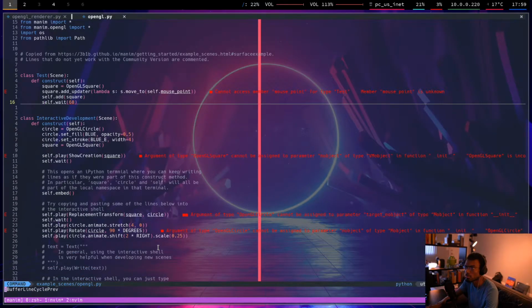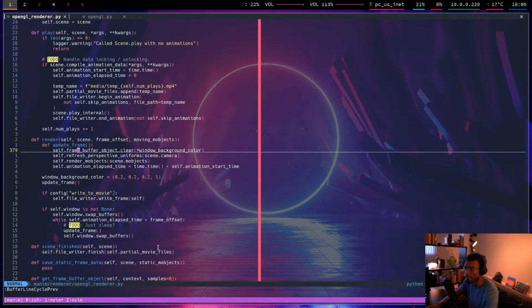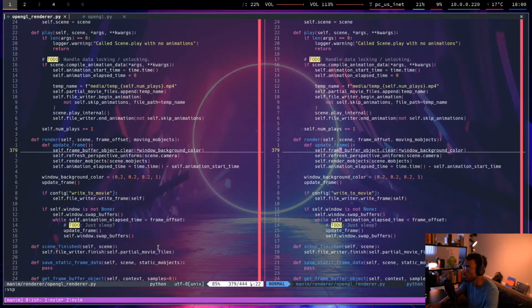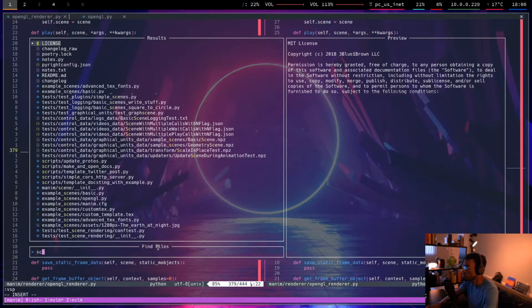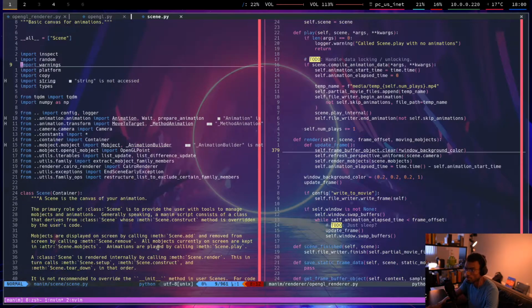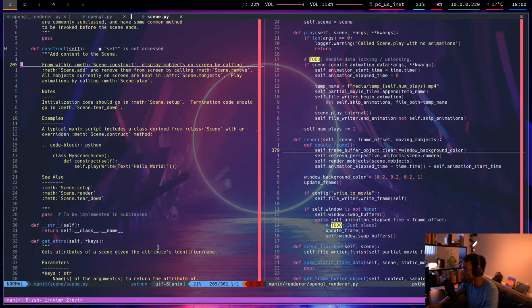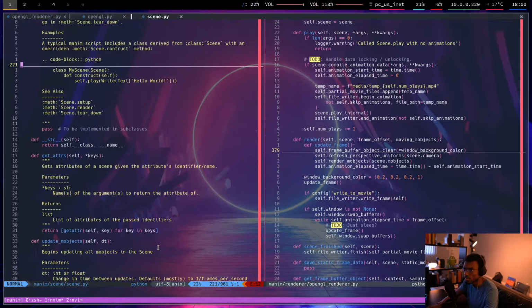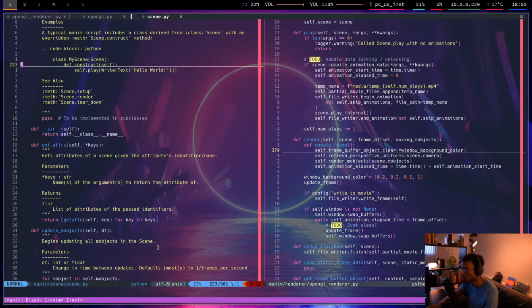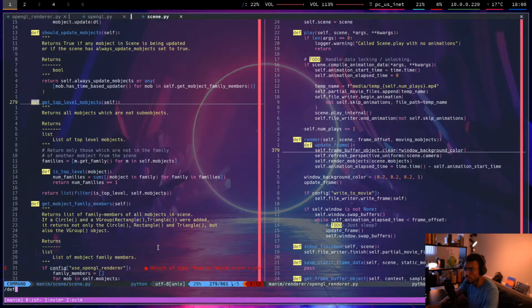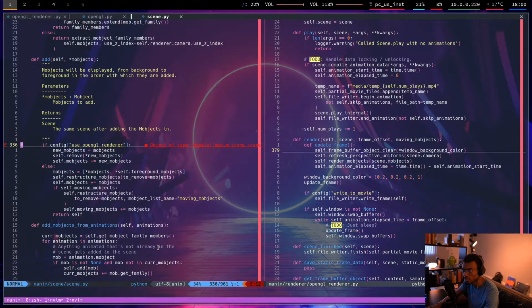Close that. I forgot how the interaction even worked, man. I also redid a lot of the bindings and a lot of the tooling that I'm using in Vim. So I fully expect to forget how to do stuff while I'm doing this. Man, I forgot how this even worked. I think it started with